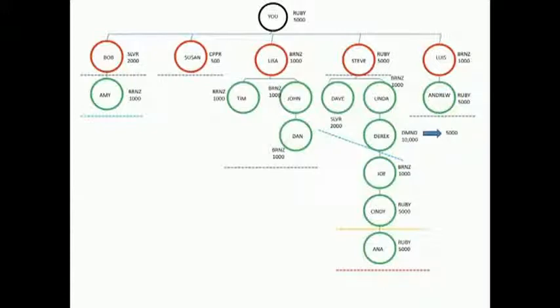But if you look at Susan, she reached copper, so she is not yet silver, so that is still calculated under level 1. Now let's look at Lisa. Lisa has reached bronze, and everyone she brought in, Tim and John and Dan, they all reached bronze also. So level 1 is not just Lisa because she did not reach silver.